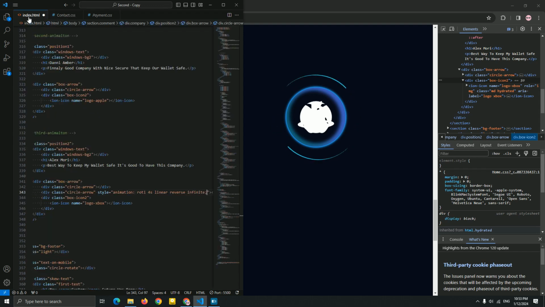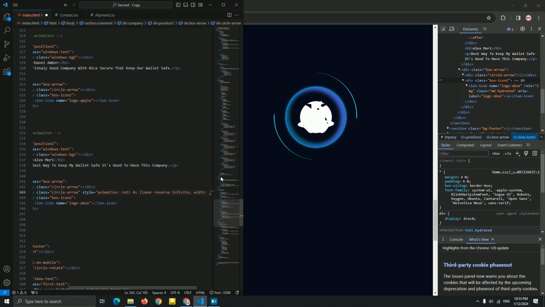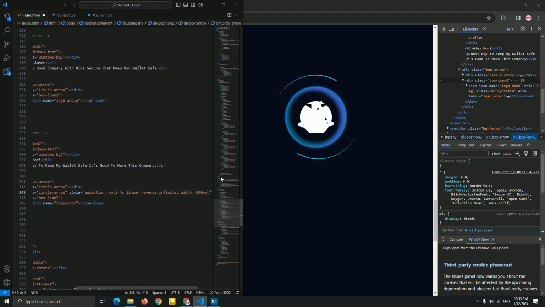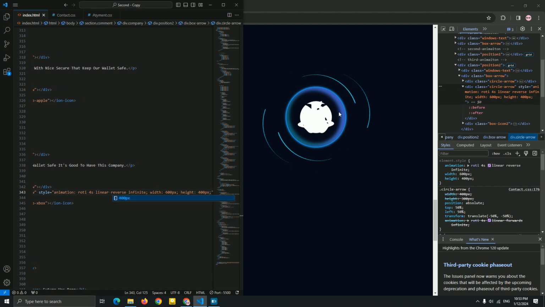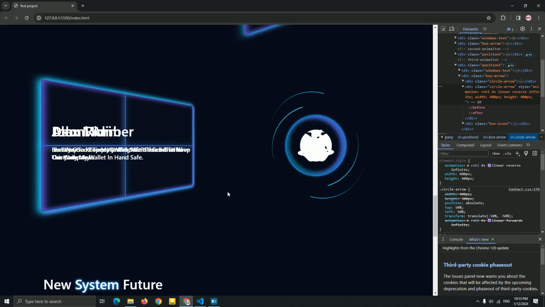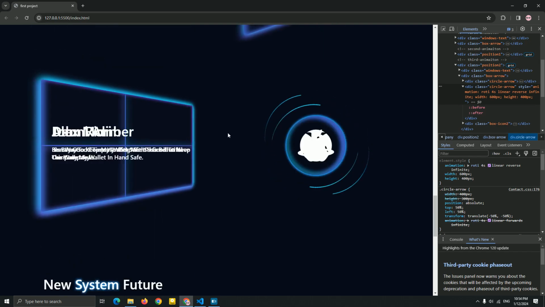So just add a reverse now, and let me see the size of this. We added this size, let me increase it here, guys. So after this I'm gonna add width, be 600 pixel, and height 400 pixel. As you can see, we just created it right now. Now let's create animation, guys, for this comment to keep swiping between the first comment, the second comment, and the third comment. Instead of JavaScript, I'm gonna use CSS for this, guys. But if you don't like it, just skip it. You can use a swiper for your swipe between this. Just skip a minute, and then we go for this footer. We just style it and we finish it.